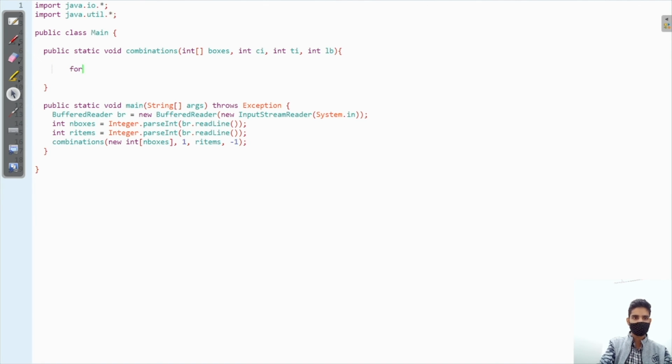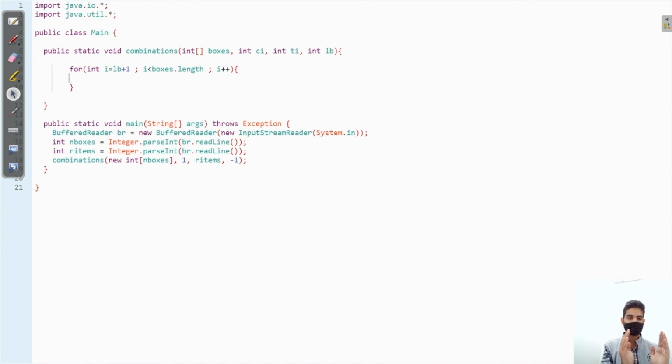So for int i equals LB plus 1, i is less than boxes dot length, because we have 4 boxes. So we have to traverse till 4 number of items. Understood? So LB plus 1 to boxes dot length.